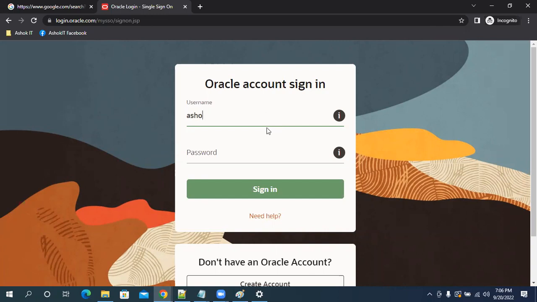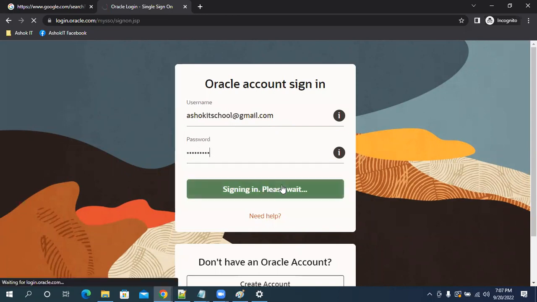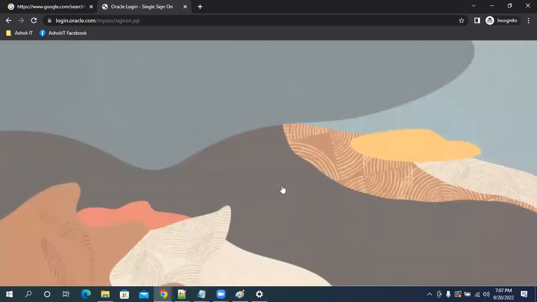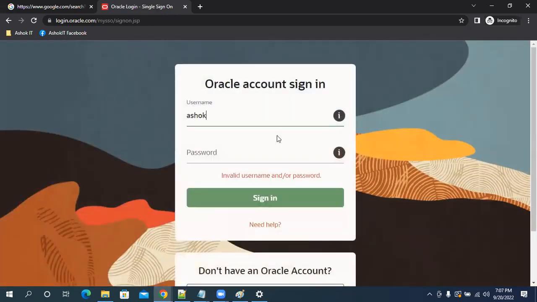Let me try to enter my details. My email ID. I think I have an account. Let me try with that. I have an account; maybe I forgot the password.